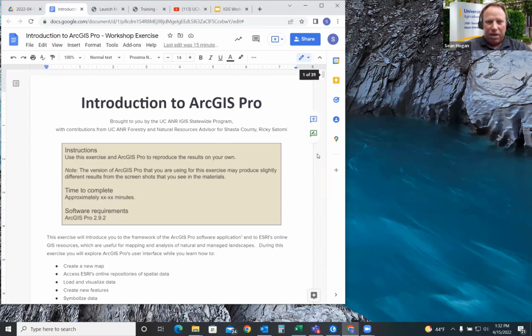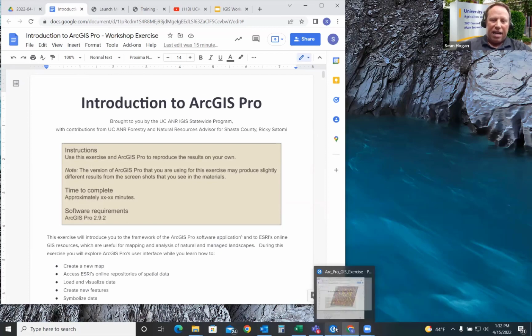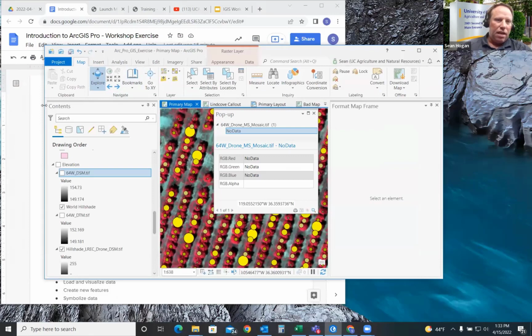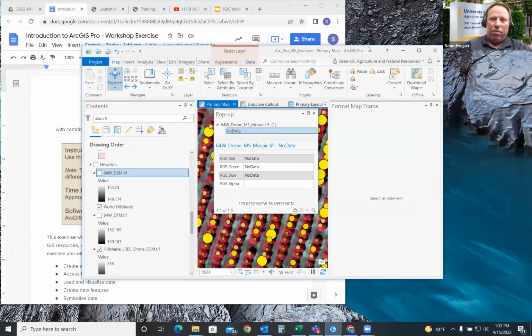But I know in these times of lots of Zoom practice, we've got this down better, but still, what I recommend is setting up your workshop exercise directions that you downloaded from the email I just showed over on one side. Personally, I like to set up my GIS right in the center. And then you might want to have the screen share that you could either overlay on top of the directions or put on the other side of the screen. So just try to figure out the real estate as we get going.